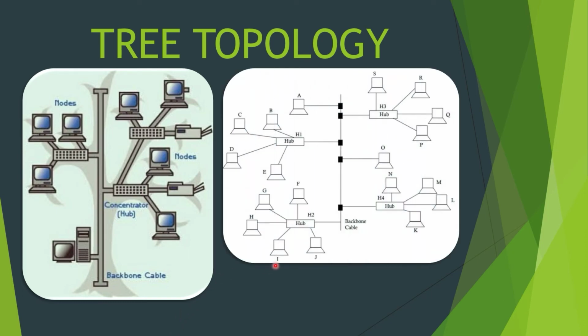This is another example. Here you can see this is a star topology. This is an individual node and similarly they are connected with the backbone cable and this is forming the tree topology. It is a main point to be noted that damage to any one segment or any node will not affect other nodes, but if the main backbone cable is damaged, then the entire network will be disrupted.